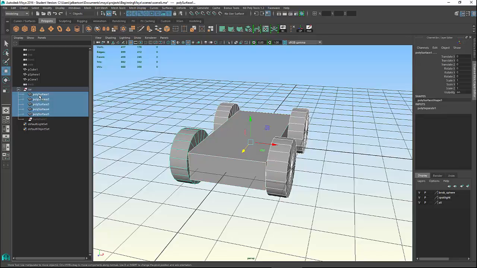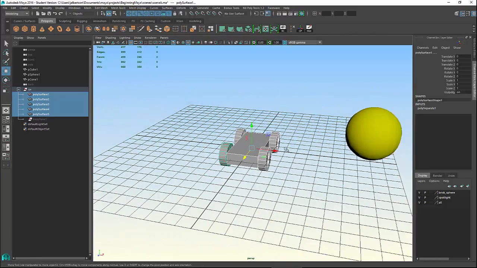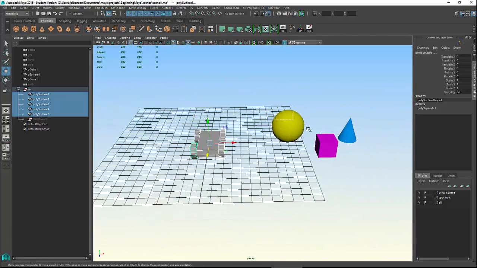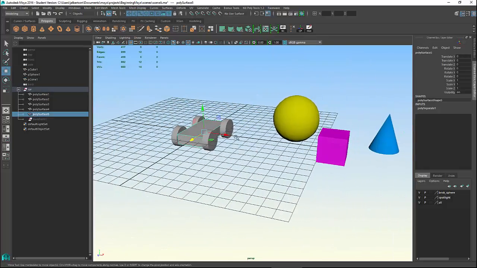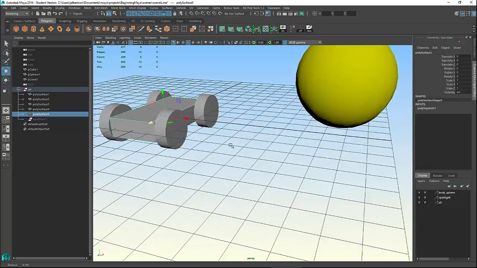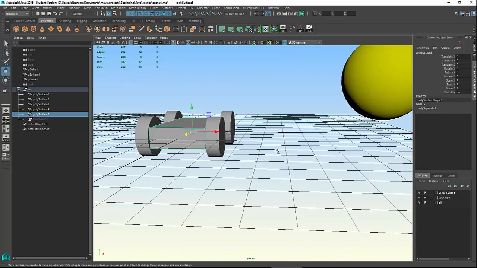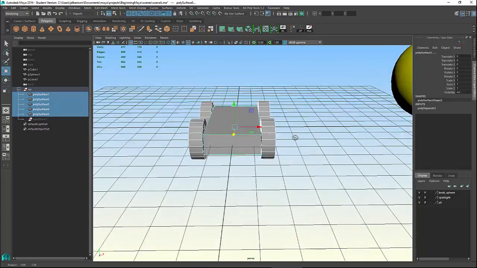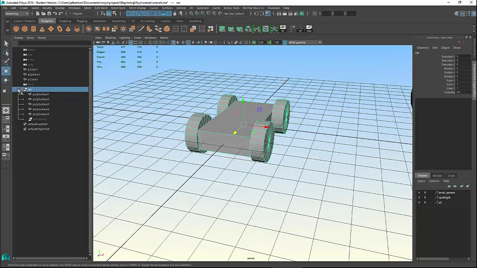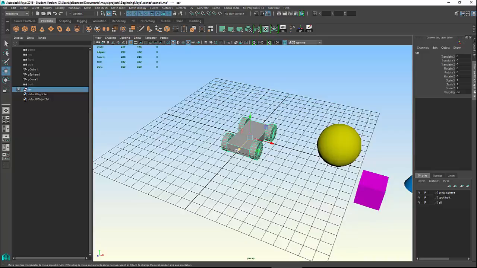So the 5 meshes that were combined and then uncombined have now been renamed polySurface 1 through 5 because we don't have any other geometry with that name. So polySurface is just a generic term for geometry that's not a primitive. So these are now not primitives anymore, even though they look like them, because they've gone through some Maya operations. So the group node now can be moved around, and everything will move intact